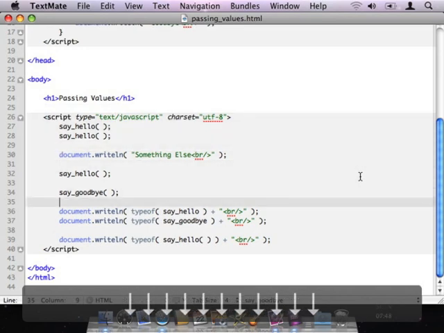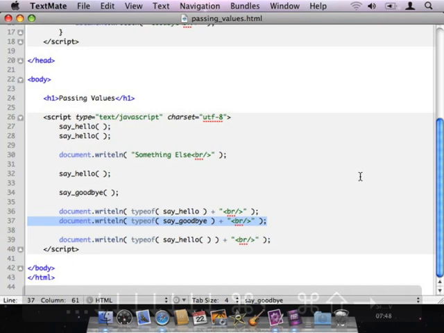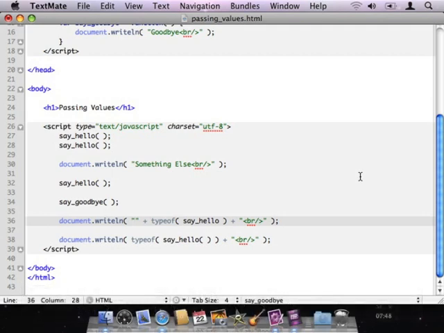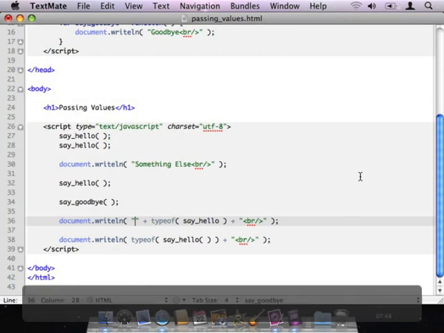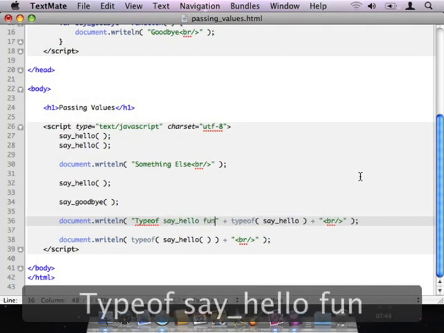Before we get started with passing values to these functions, I'm going to clean up my output here a little bit. I'm going to get rid of the typeof sayGoodbye, since we know it's going to be function, the same as sayHello. And I am going to add down here a little bit more to these last two document.write lines. With this one, I'm going to append a string to the beginning of the typeof sayHello, where I'm going to have it first say, let's have it say typeof sayHello function,